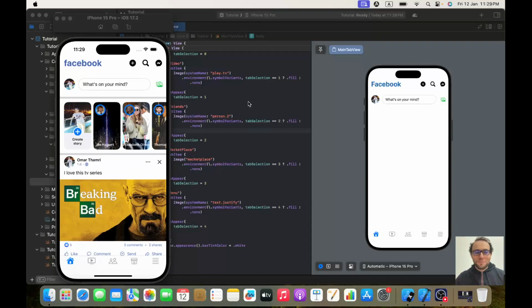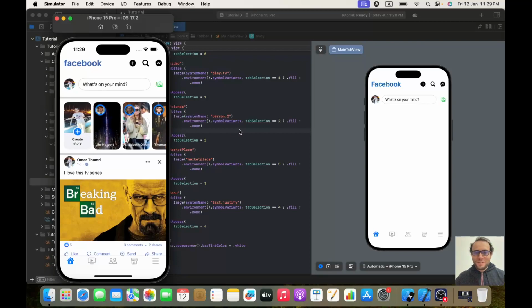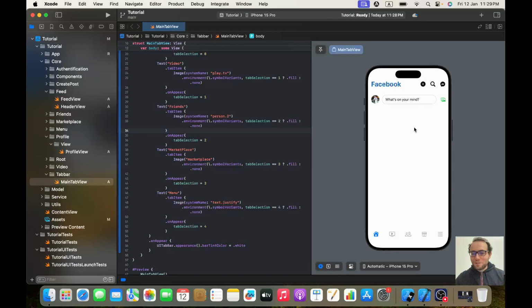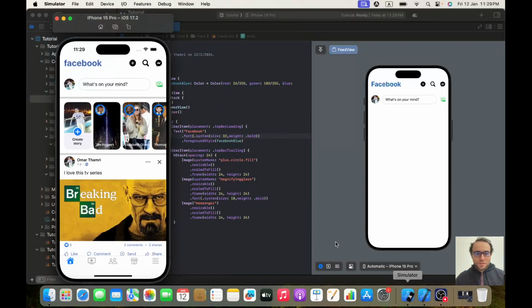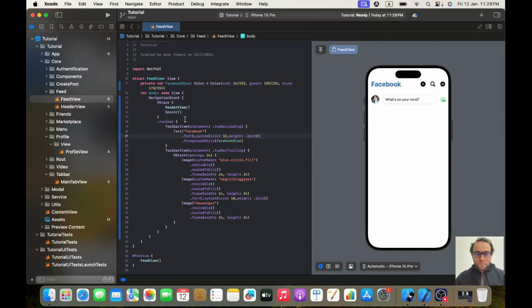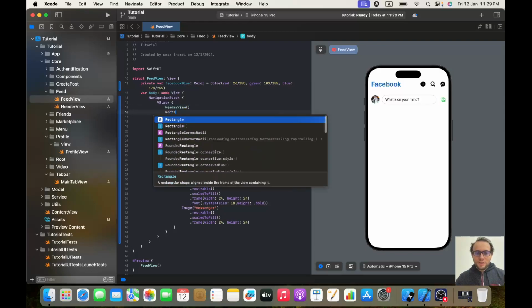Well, today we will be building this nice feed section. So let's start coding. This is where we left in the last video. So let's go to our feed view. And first thing is we will add this divider view. So after header view, let's write rectangle